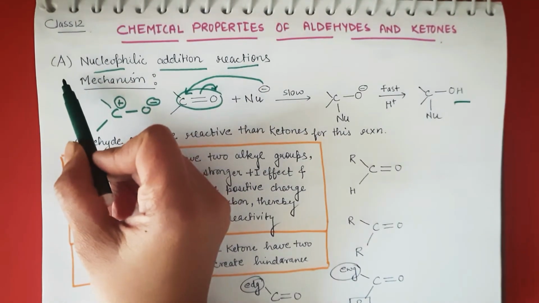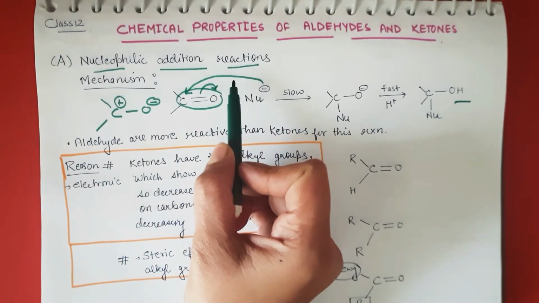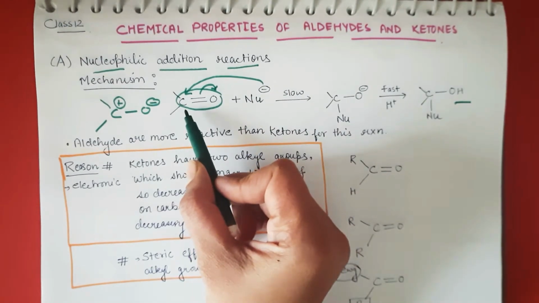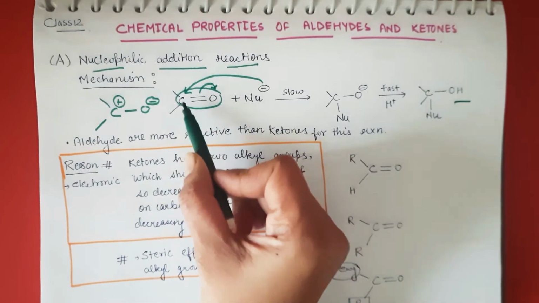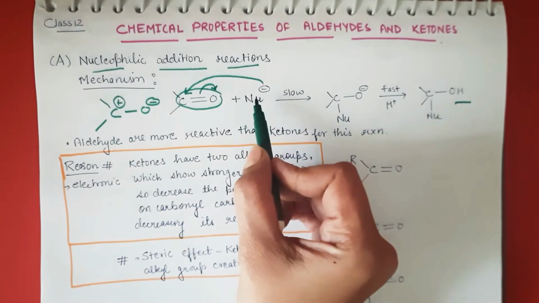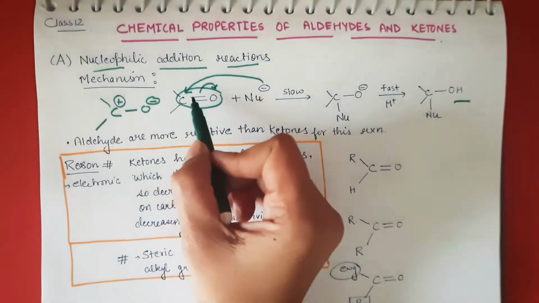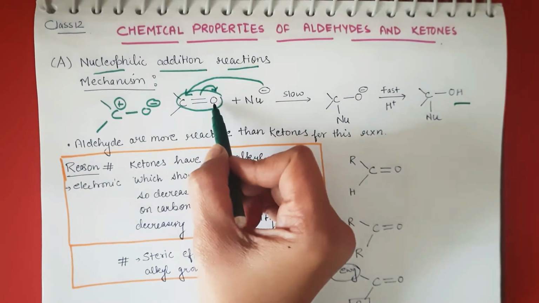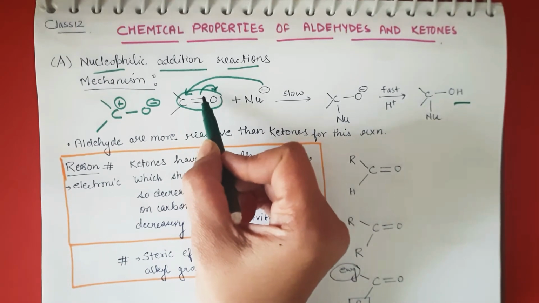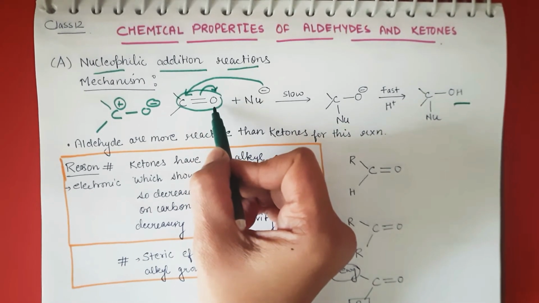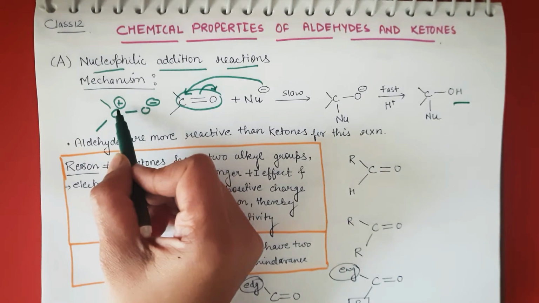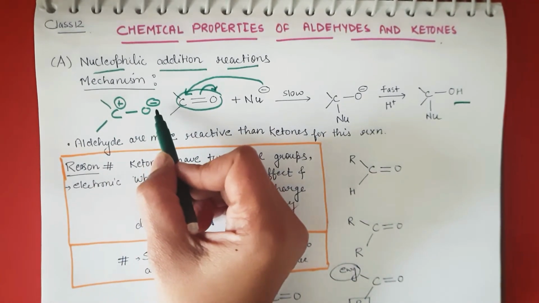The very first chemical property is nucleophilic addition reaction. In this we are studying the nucleophilic attack on the carbonyl carbon. We had studied the nature of this carbonyl carbon, because if we know the nature of this, we can easily form the products. So here you can see the oxygen is more electronegative as compared to carbon. So the electron pi cloud will shift towards oxygen because it's more electronegative, and it forms like this. Carbonyl carbon will attain a positive character and oxygen will attain a negative character.